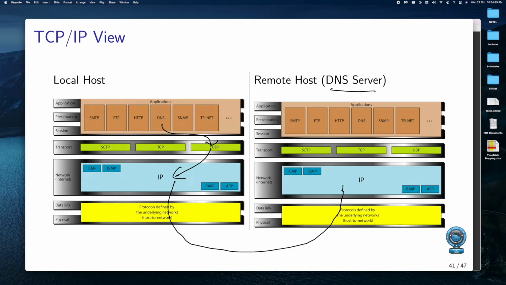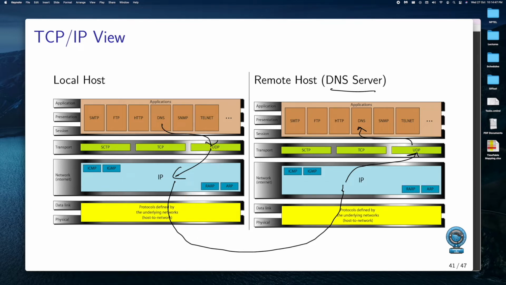It goes to the IP, and from IP it goes to UDP, and UDP gives it to the DNS server that is running on the remote host. That is how it happens, and vice versa. The response tracks back in the same procedure through the stack, through UDP and to DNS.